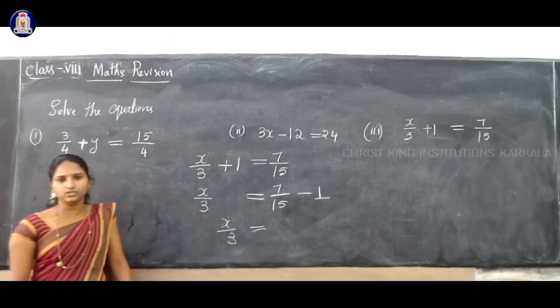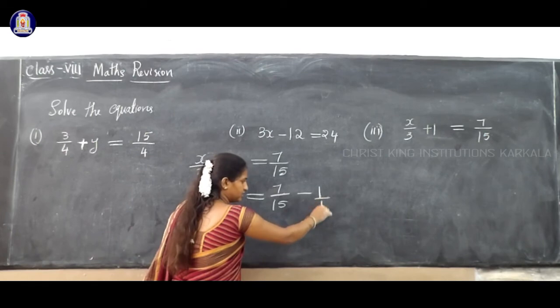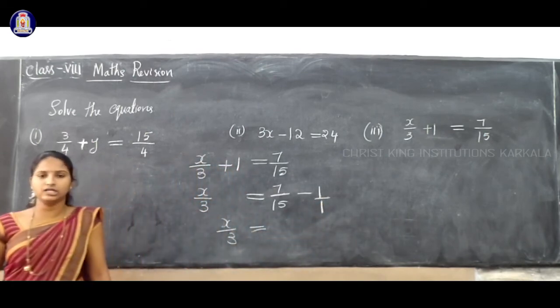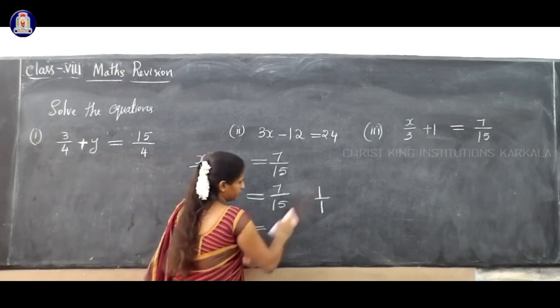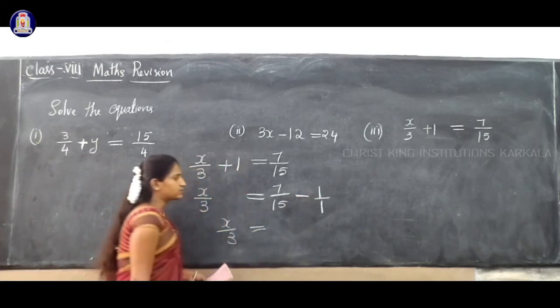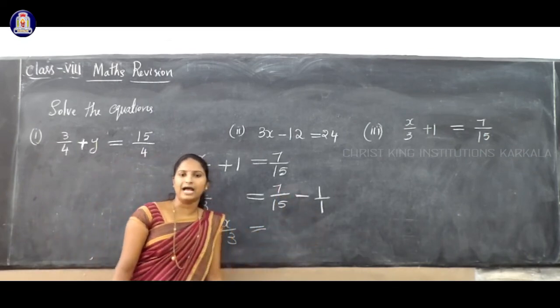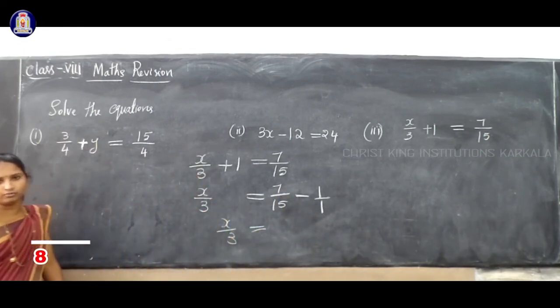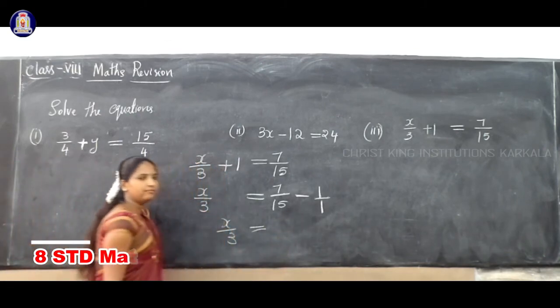So for 1 there is no denominator. That means we will write 1 in the denominator. If there is no denominator, you can write just 1 in the denominator. Okay? So now can you subtract the numerator? If the denominator is different, we cannot add or subtract the numerator. Okay? So what do we have to do? We have to make the same denominator.